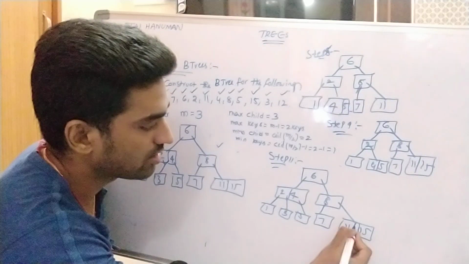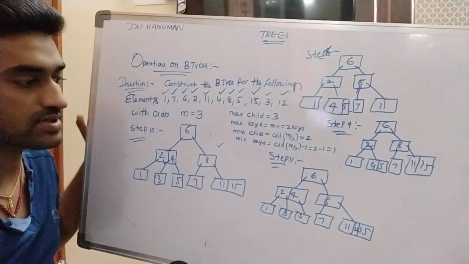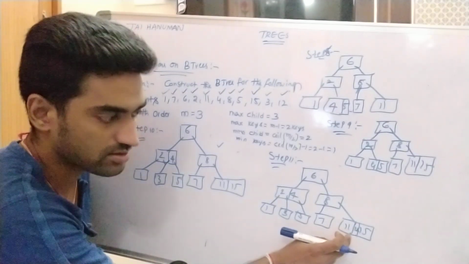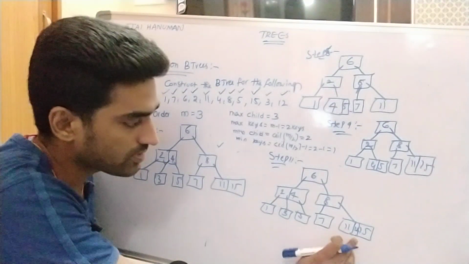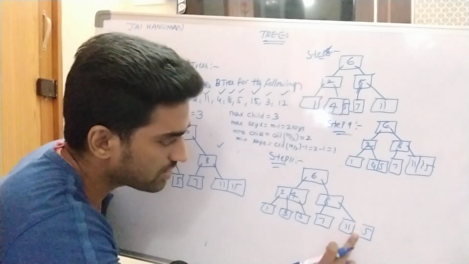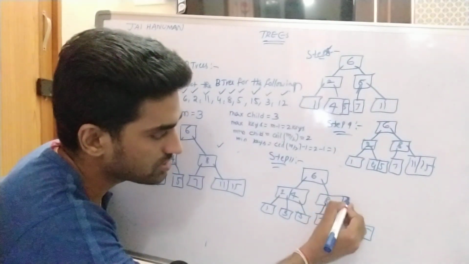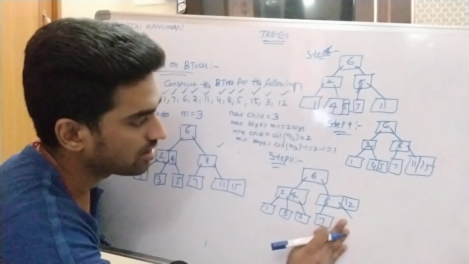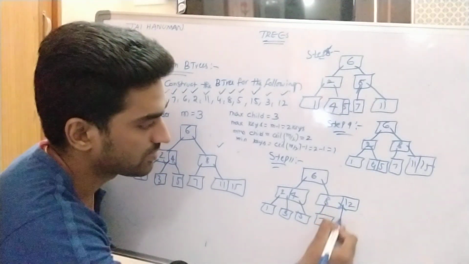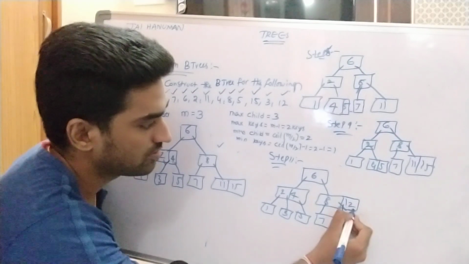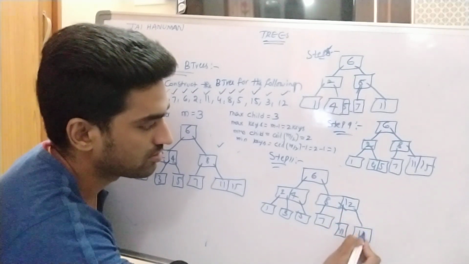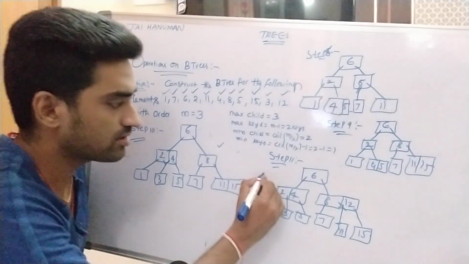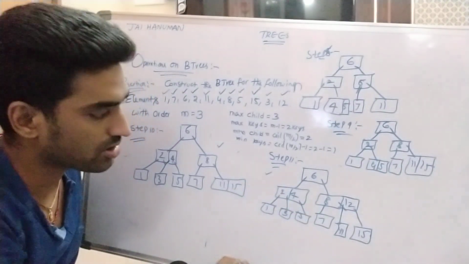Now check whether the tree satisfies the B tree property or not. So this is a third order B tree, but this node contains 3 key values. So that's why the middle position moves to the previous level. What is the middle position? 12. For 12, what are the children? 11, 15. Right? Now let us check whether this tree satisfies the B tree properties or not.